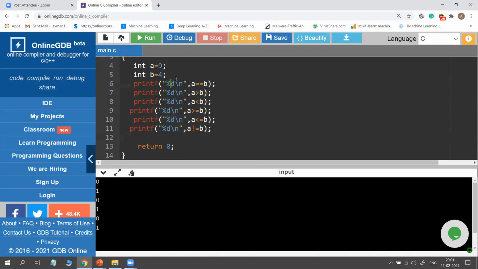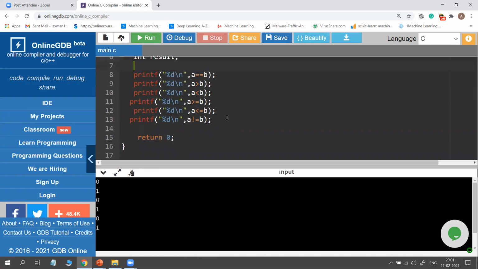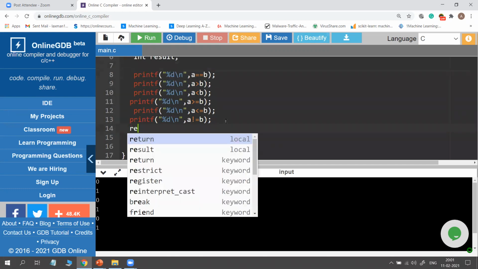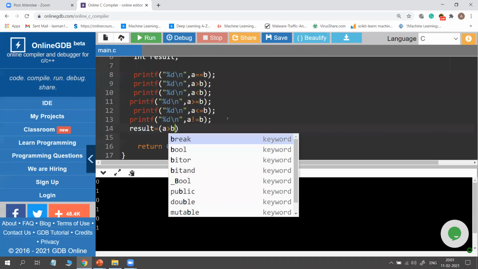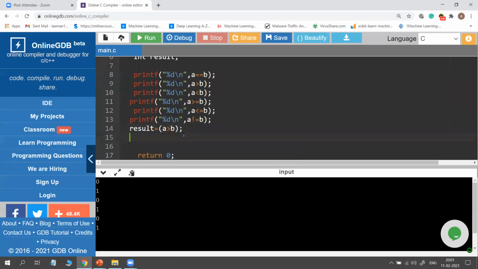So you can also print like this: you consider one more variable like result, for example. So result, and you store these values in result. For example, the result is equal to A greater than B, and printf result. Okay, you can also display like this.